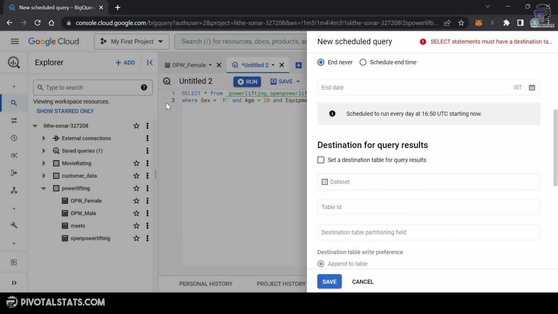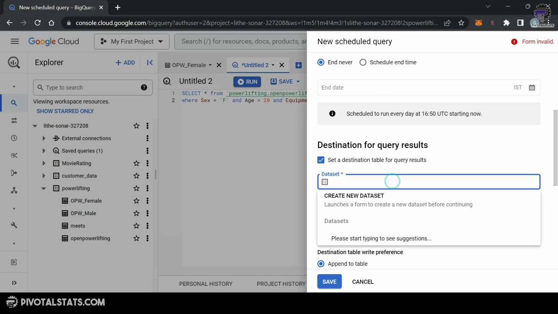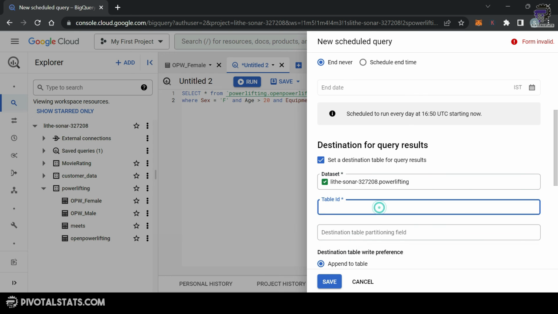Now I want the output of this query to be inputted into my OPW female table. So to do that, I'm going to click on this checkbox here, and the data set where the OPW female table exists is called powerlifting. I'm going to select this. The table ID